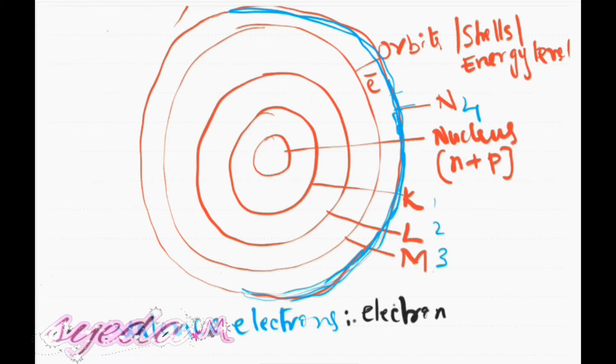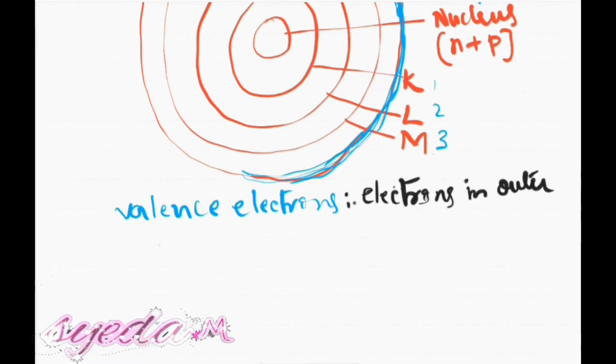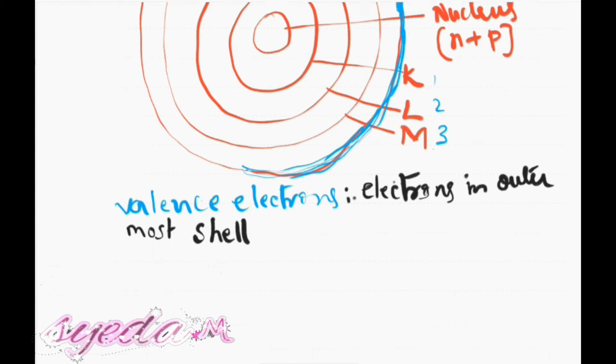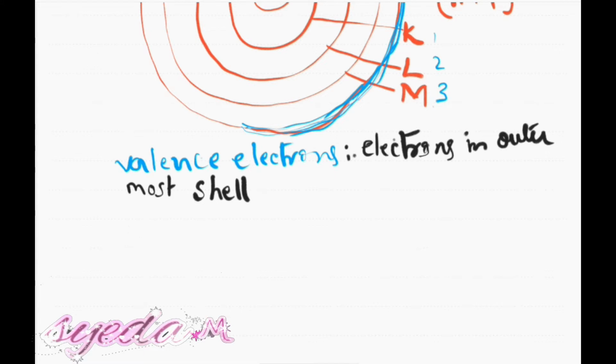Electrons in the outermost shell are called valence electrons. Now, depending upon the presence of valence electrons, atoms will have different capacities. Now, we are given the shell names as K shell, L shell, M shell and N shell, right? K is the first shell, L is second, then third and fourth shell, and so on.